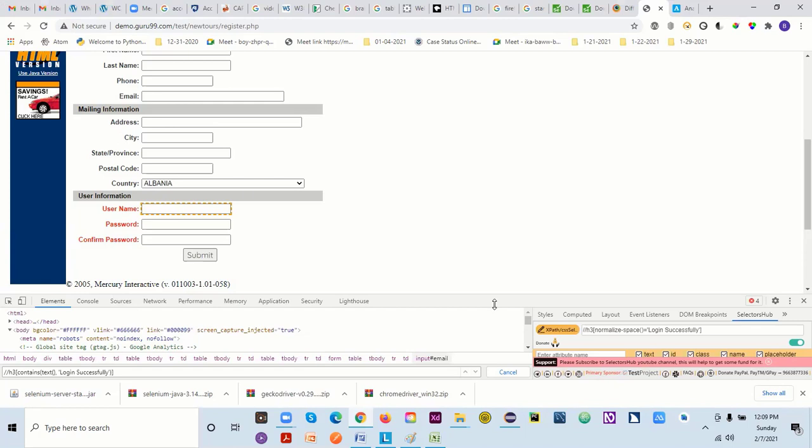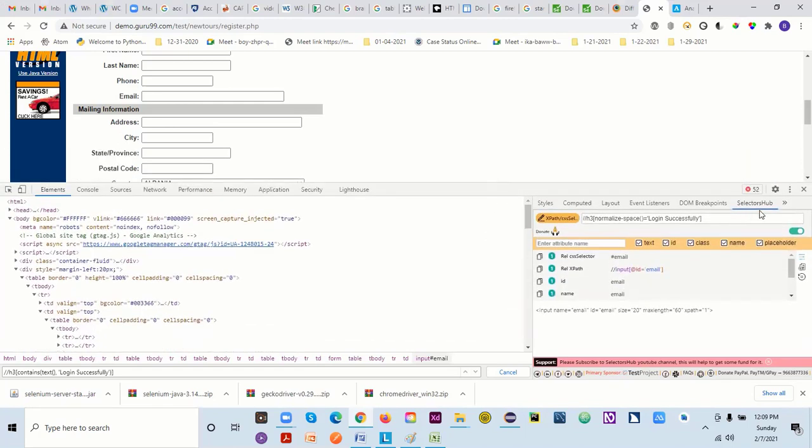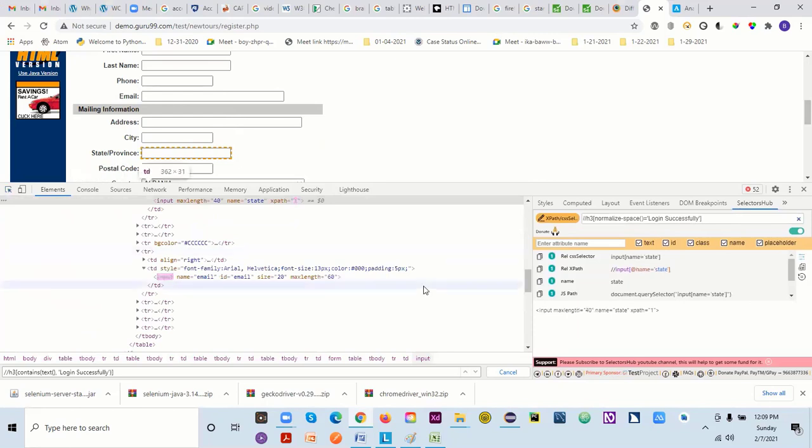Even if you see here, when I use my SelectorsHub extension and select this one, can you see that the relative path is very small? This is the CSS selector actually, but this is the XPath. It's very simple.